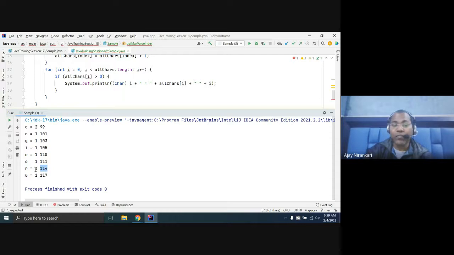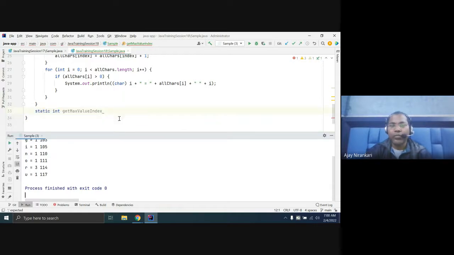Our requirement is not finding the 3. Our requirement is what is the max, and this value is also 114. 114 is your character which you want to print. How many times? You also need 3 times. So that means you want this value and also the index position. Until you know the 114, you cannot print R. Also, you need the maximum value 3 so that you can print 3 times. Correct?